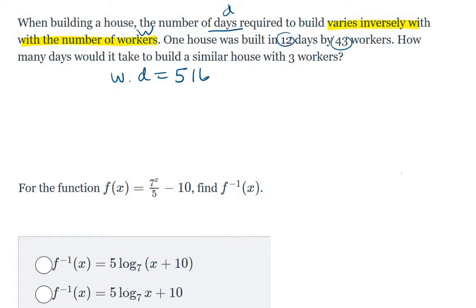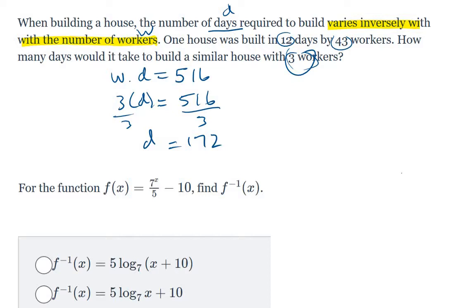So now we know if you're given 3 workers now, so we're going to say 3 times the number of days will give me 516, then divide by 3, so number of days will just be 172 days. Which makes perfect sense, because as the number of workers decreases, the number of days goes up. All right,